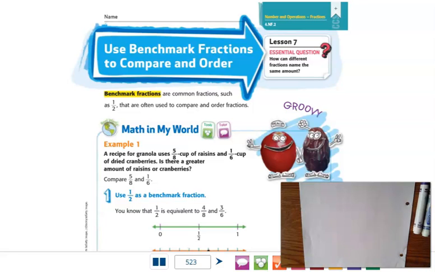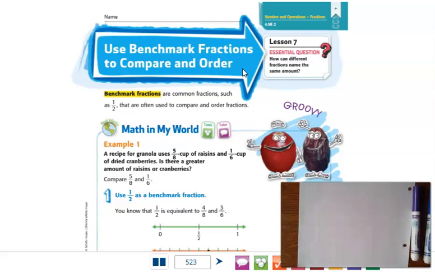Okay, welcome back to Chapter 8, Lesson 7. I am on page 523 right now, and that's the beginning. We're using benchmark fractions to compare and order. So this is just another strategy to use to compare fractions like what we were doing on Lesson 6, but